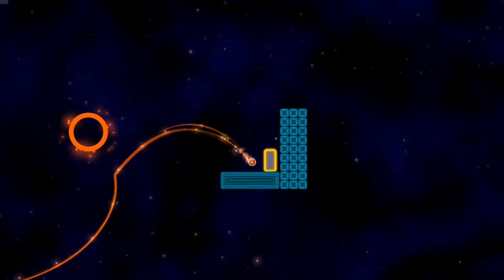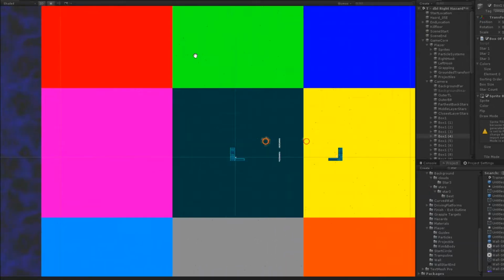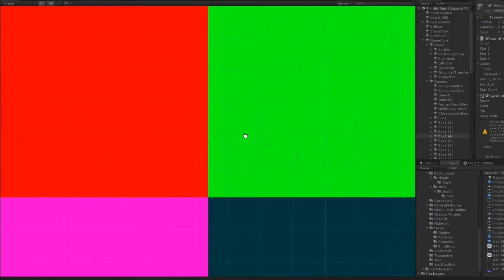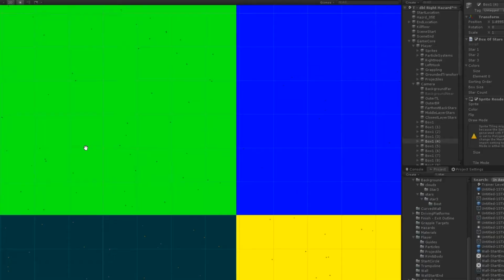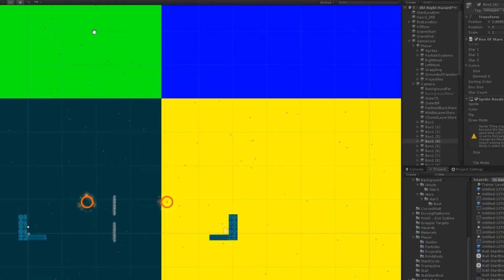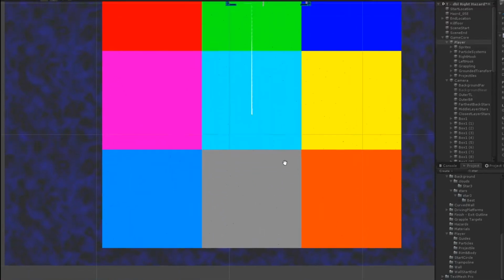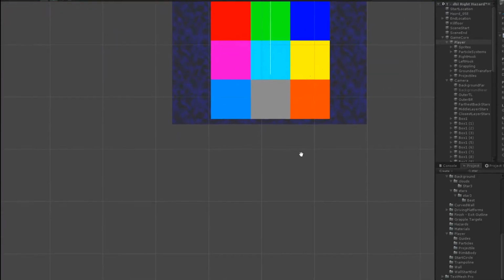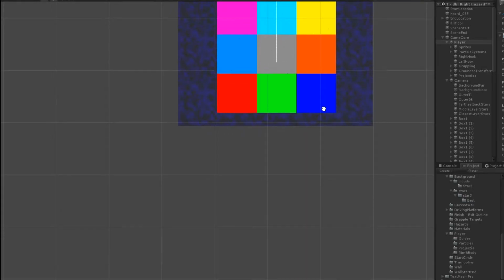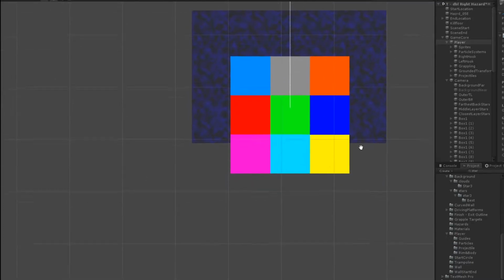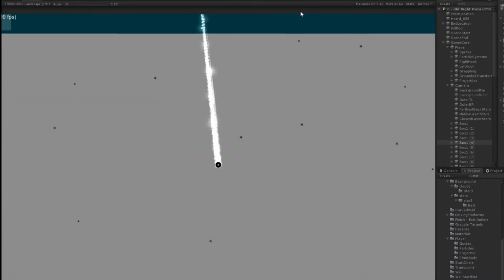I then created another background or parallax scroller script sort of thing. But in this one, I have these 9 squares that generate a bunch of stars that are each individual sprites. These stars are not from a Photoshop image or anything. Every one of the dots is a sprite that is randomly placed in those squares. And then the parallax scroll is, you can see the red, green, and blue square just came to the bottom, and now the pink, blue, and yellow square came to the bottom. So the player is always going to see these squares, or see these stars, but they will be repeated